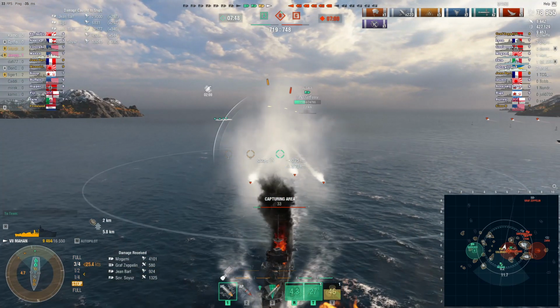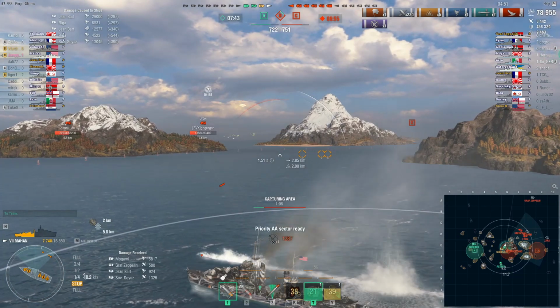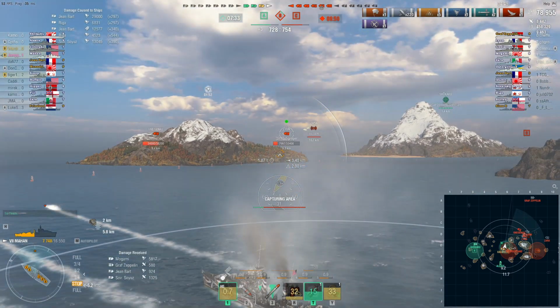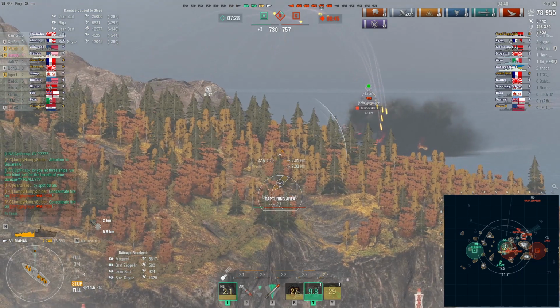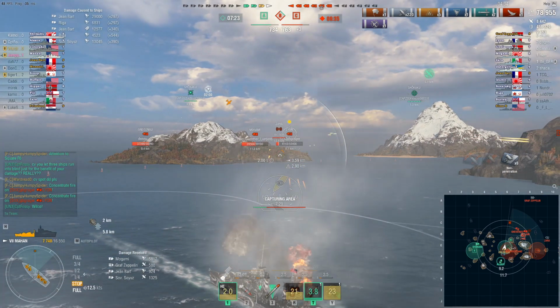Now Jumpy has just taken one hell of a whack there in one go, so he wisely decides to smoke up. That was all from the Megami. So set him on fire, damage his torpedo tubes, knocked his engine out, wisely choose to repair that, smoke up and hide. So that just leaves now the Alsace, who is going to die, but that's because the